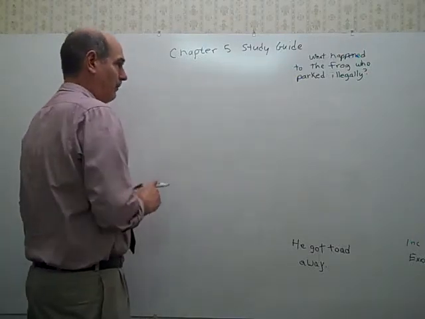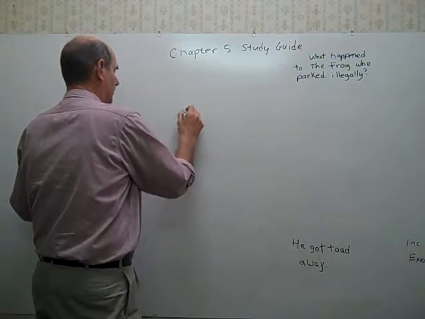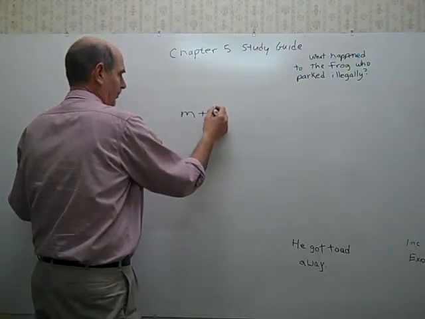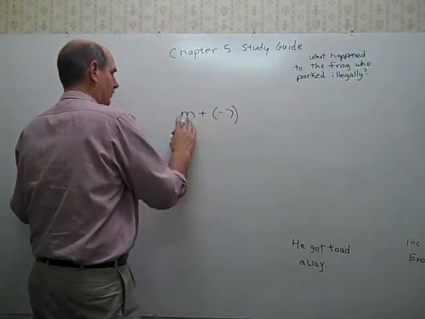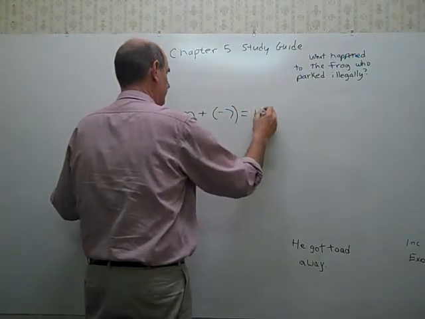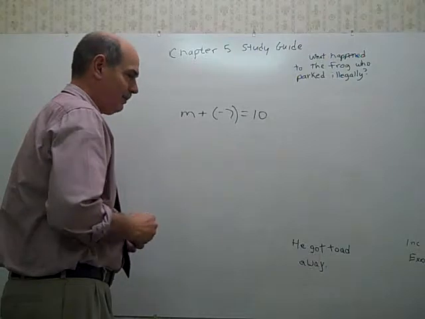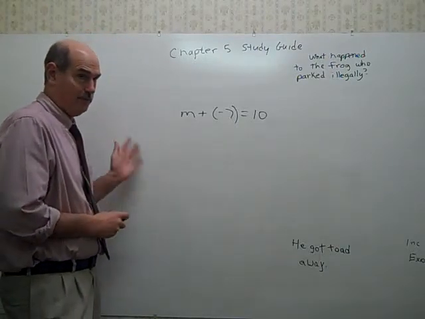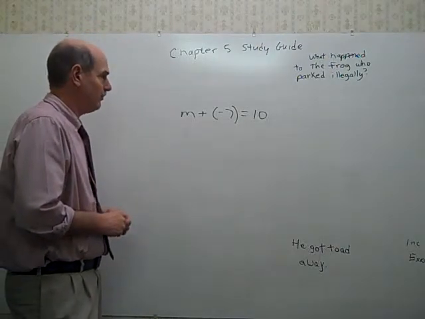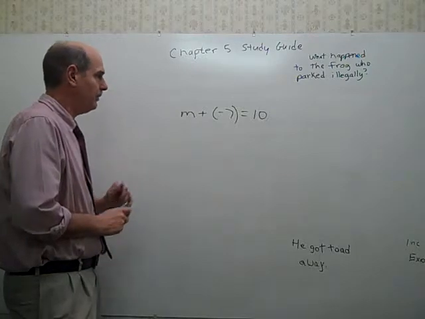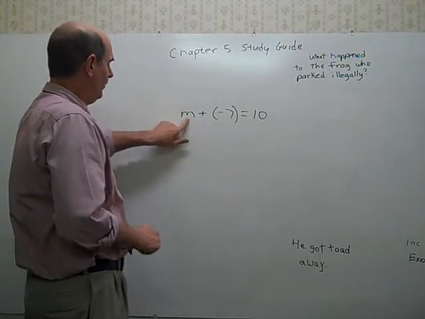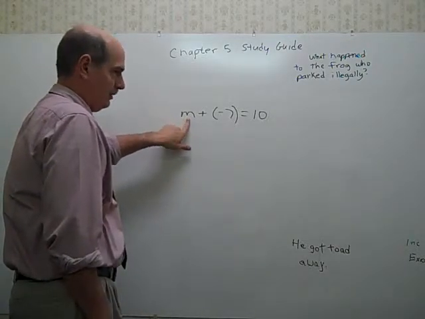Then we're going to look at one-step equations like addition of numbers, say negative 7. So something plus negative 7, let's say equals 10. There are 3 steps to do in solving this. Step 1, you copy the problem, the equation, which is going to be done for you on your test, so you don't have to worry about step 1. Step 2, look at what's happening to the variable and do the opposite